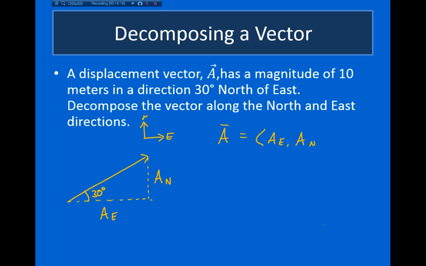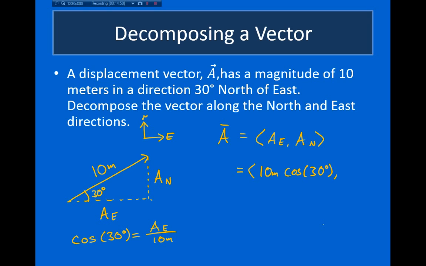and then the north-south component second. We can see that the east-west component is adjacent to the angle 30 degrees, and of course the magnitude here was 10 meters. So cosine of 30 degrees, remember, is equal to adjacent over hypotenuse. This is A sub E over 10 meters. I can solve for A sub E by multiplying both sides by 10 meters, which cancels the 10 meters. So A sub E is 10 meters times cosine of